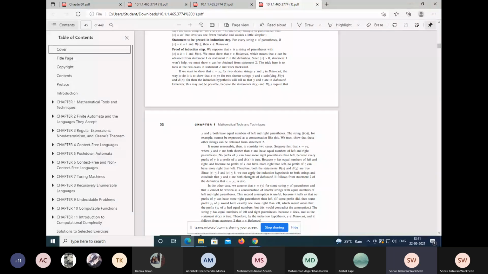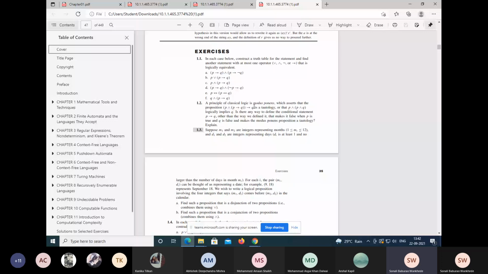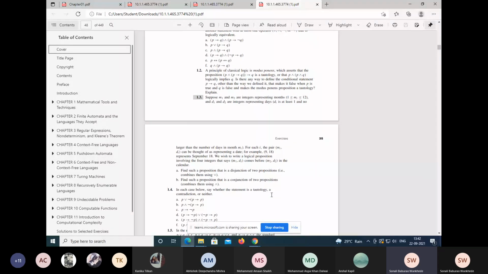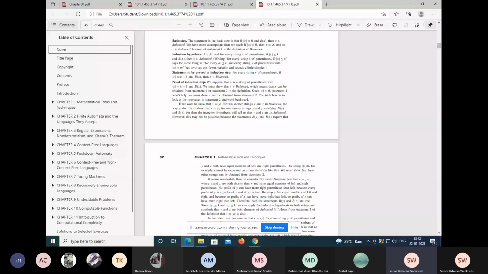Today, we will just complete these mathematical tools and techniques, and you have to solve certain numerical exercises based on truth tables and all. This will be included. This will be tutorial one for all of us. In your tutorial one, you'll have to apply the concepts of set theory and truth tables.